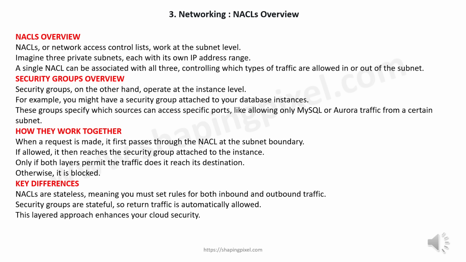Both filter traffic, but they operate at different layers and serve unique purposes. NACLs, or network access control lists, work at the subnet level. Imagine 3 private subnets, each with its own IP address range. A single NACL can be associated with all 3, controlling which types of traffic are allowed in or out of